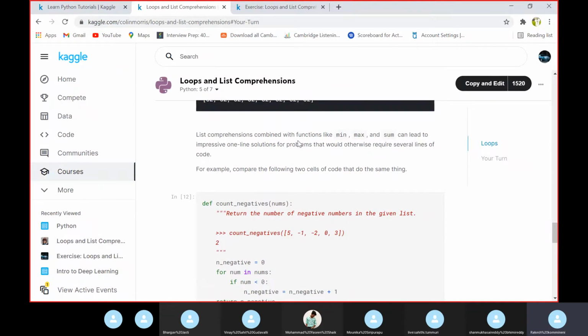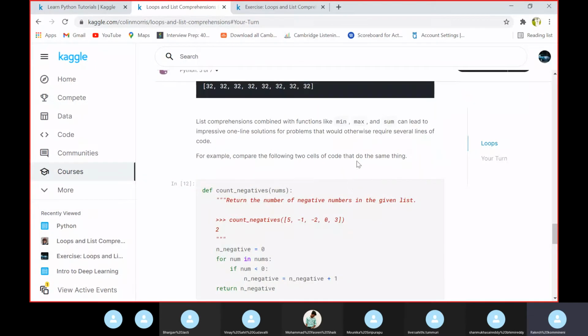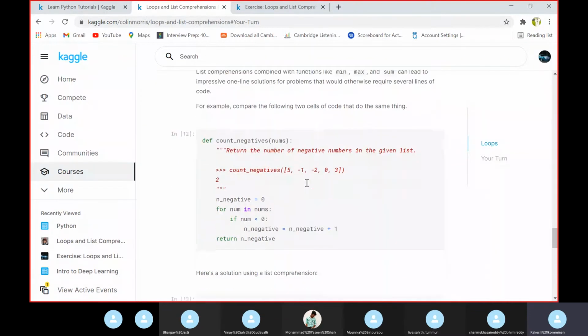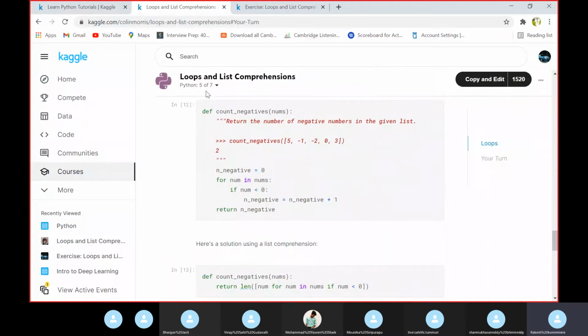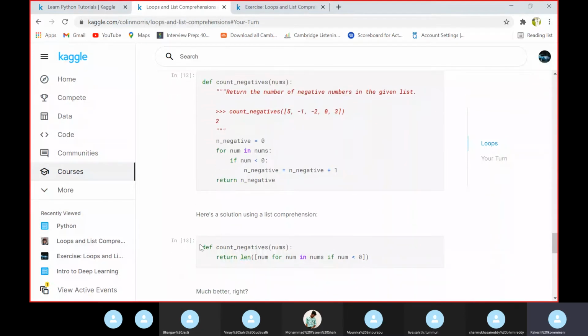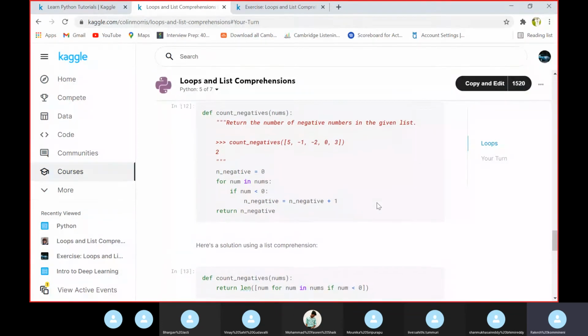A list comprehension combined with functions like min, max and sum. We can also use this min, max and sum, and also few other methods in this list comprehension concept. So this is a traditional method, and this is the list comprehension method, which is quite similar to each other.